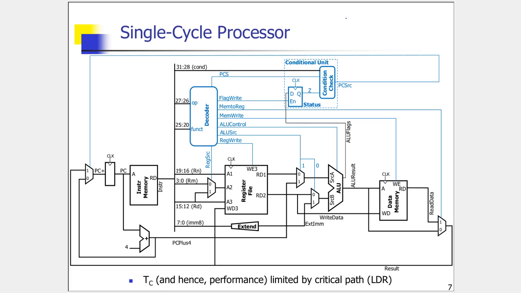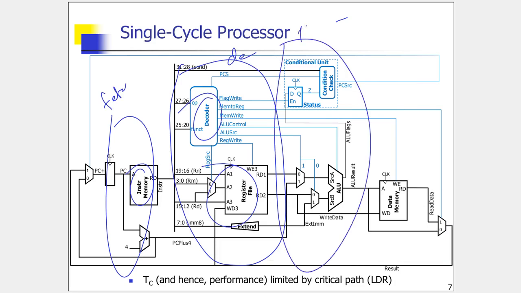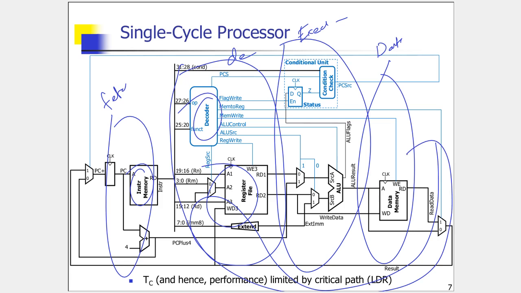Well, this is your single cycle processor. So this part is your fetch, which is about reading the instruction memory and getting the instruction. This part is what we call decode, which has to do with decoding the instruction as well as reading the register file. And this part is what we call execute, which is to perform the ALU operation, either to do a computation or to calculate the effective address depending on the instruction. This is your data memory access, and this part is what we call write back. Eventually the result is written back into the register file, right?